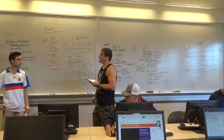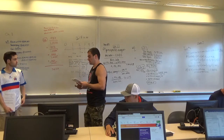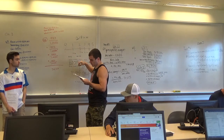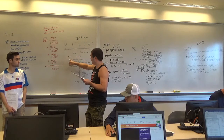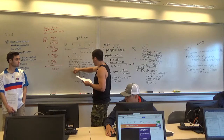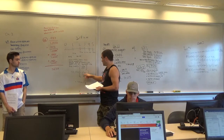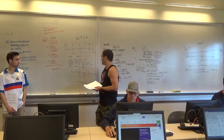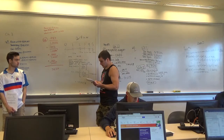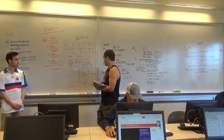Alright, so number 71, it's basically asking about what the present value of the investment is. The company's making an investment of $37,250 each year. The required rate of return is 15%, and this is over 5 payments. And this is the equation right here. It's 1 minus 1 over 1 plus the required rate of return to the 5th power for the years, and then that's over 15%. You do that, and then you multiply that by 37,250, and you get